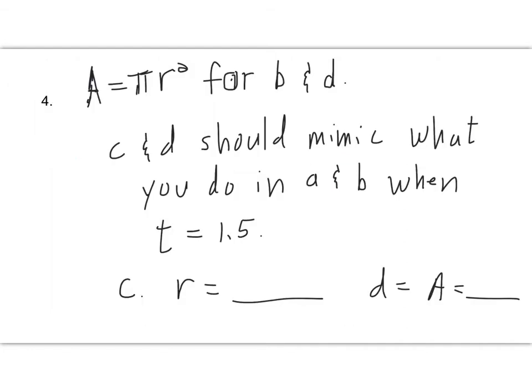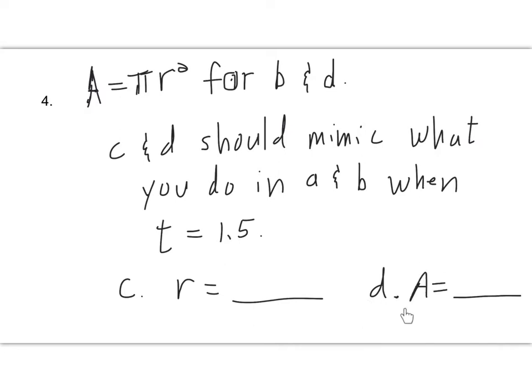All I really want to say about number 4 is just to remind you about the area formula for a circle, that it's pi r squared. This, of course, is the formula you need to use for parts B and D. Now, what you do in parts A and B when t equals 1.5, you're basically just going to mimic that in C and D, where you don't actually have a value for t, you're just going to do it for t. So when you get to C, you're going to have a formula for your radius in terms of t, right here. And then when you get to letter D,